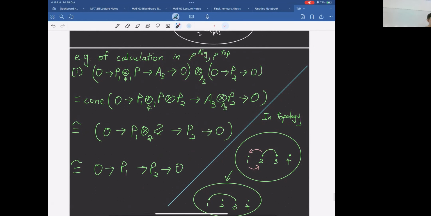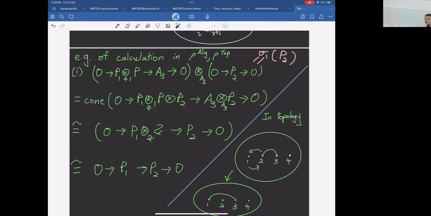Let's look at one example. In this case, we'll take sigma 1 acting on this chain complex P2. What happens during this tensor product? You take the cone of this tensor product of these two chain complexes, and using the theorem just now, P1 cross P2 will reduce to a Z module. But we are tensoring over Z, so this is really just P1. So you make P2 a bit longer. P2 becomes P1 to P2.